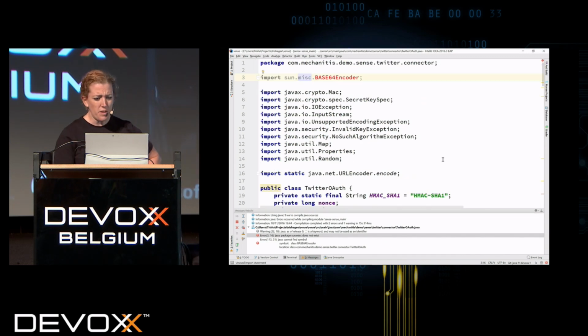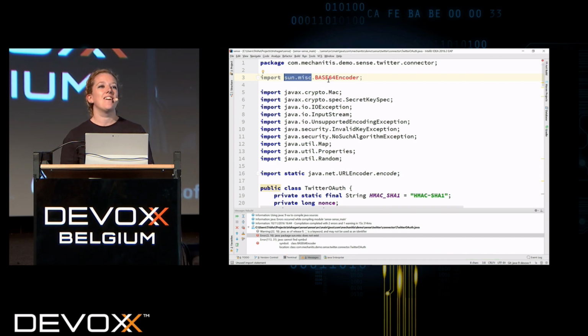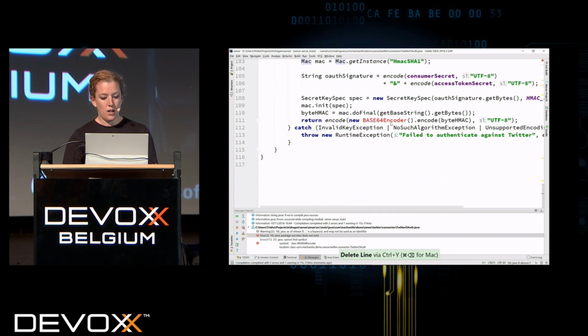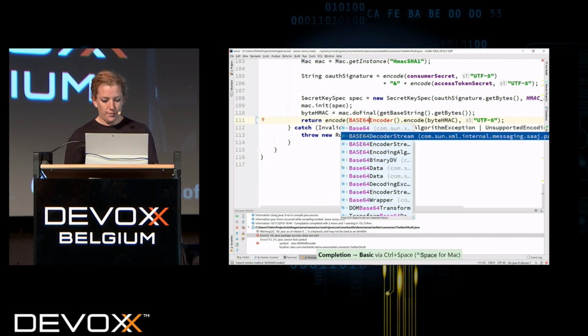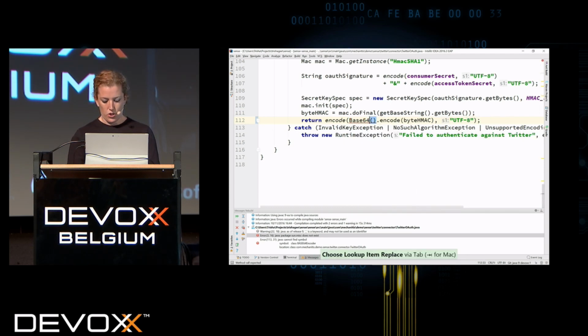It's fine. Okay, so there's a few things which are going to break straight away. Things like some classes, like ones in sun.misc, that you shouldn't have been using in the first place, although no one really told us. There are new ways of doing this stuff. So I'm going to be removing this. In this particular case, which is the Base64 encoder, instead what I want to be doing is java.util.Base64.getEncoder().encodeToString. Now my code is going to compile, okay, in that particular example.